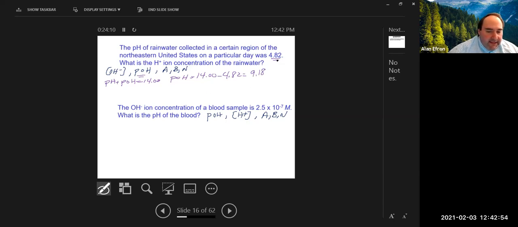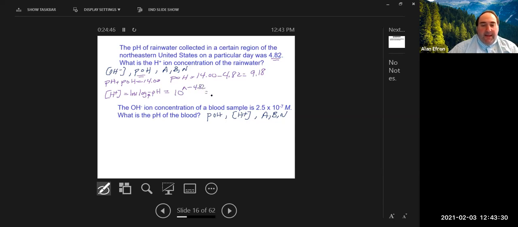I also have the pH given to me, which means I could directly get the H plus concentration from it by taking the inverse log of the minus pH. Don't forget the negative here, otherwise you will get the wrong answer. And again, when you punch that in on most people's calculators, that's usually the top left button, the shift button, the second button, the log button, and it usually will put in a 10 and a caret on most people's calculators. Again, you want to make sure you hit the negative and